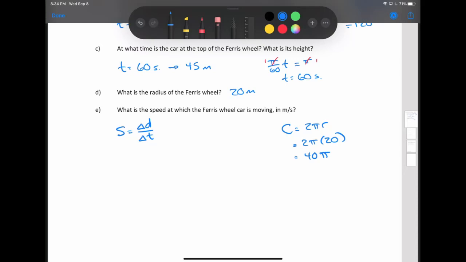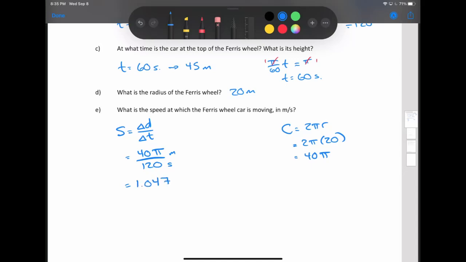So its circumference is just 40 pi. So the distance traveled to go around the outside once, if you think about a point on the circle going a full 360 degrees, it will have traveled 40 pi meters in 120 seconds. And since no one wants to know speeds as multiples of pi, we pull out our calculator and do 40 times pi divided by 120, and we get out